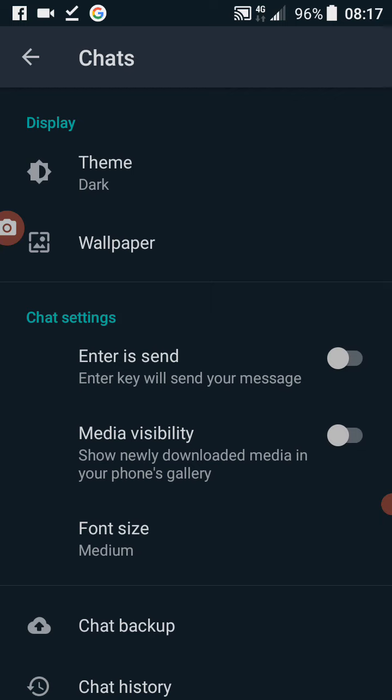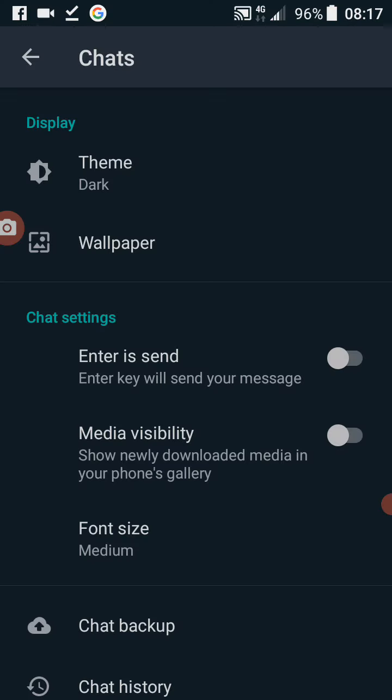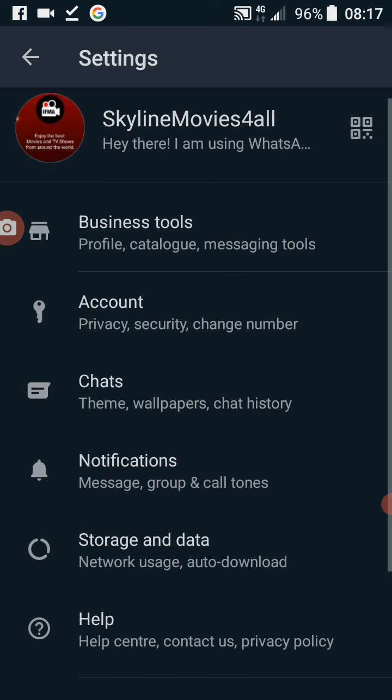a picture is sent to you, it's going to download twice, inside your WhatsApp and inside your gallery. It will chop your data twice. So you need to turn this off, maybe only when you are doing this group, so that you will not receive so many files on your phone. All right, then you go back.